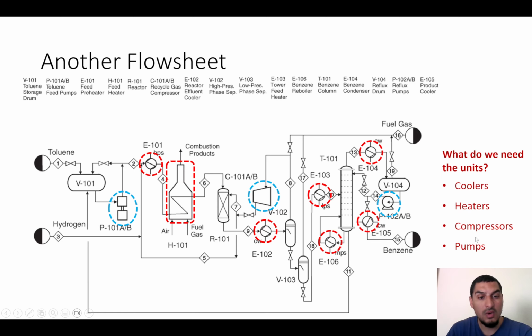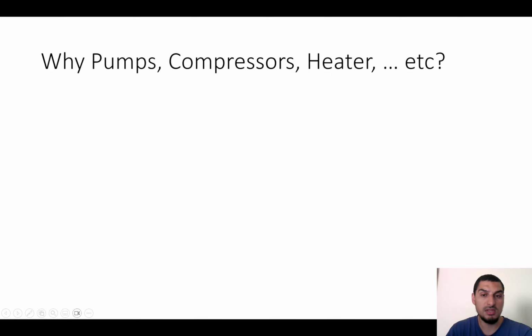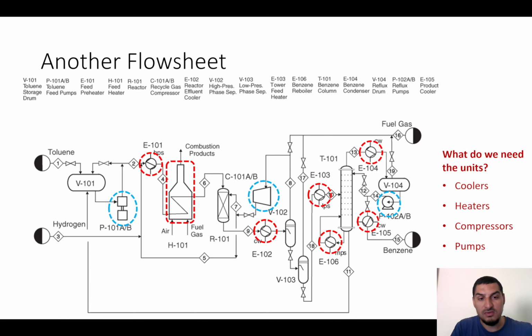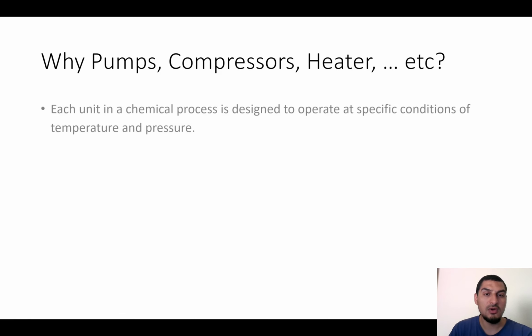So why is it important for us to change the temperature and pressure? This is a question that we need to answer. The reason these units are important is that all the units that we have here in this flow sheet, whether this is a reactor, a distillation column, a flash unit, whatever the unit is, it's designed to operate at specific conditions of temperature and pressure. This is something that we know from thermodynamics, from the reaction kinetics, and from the